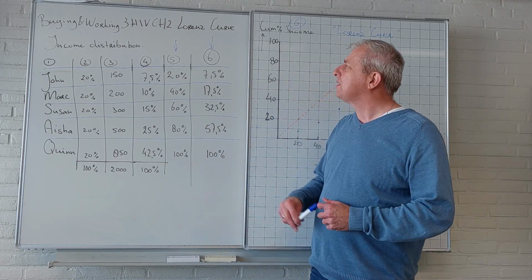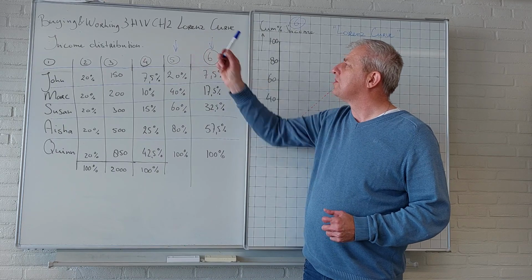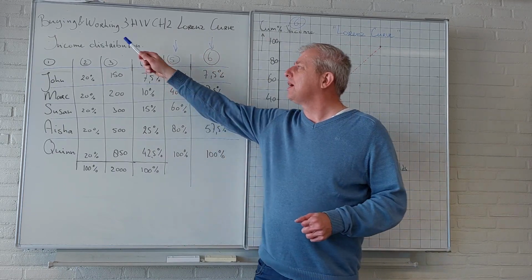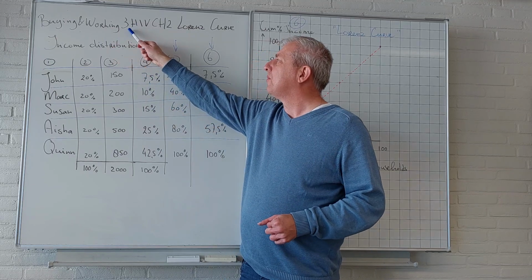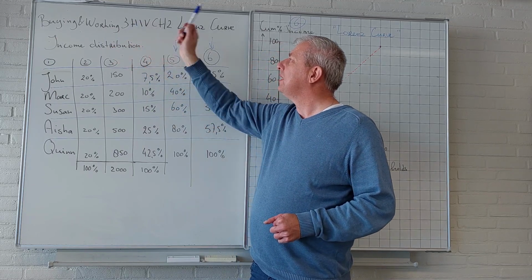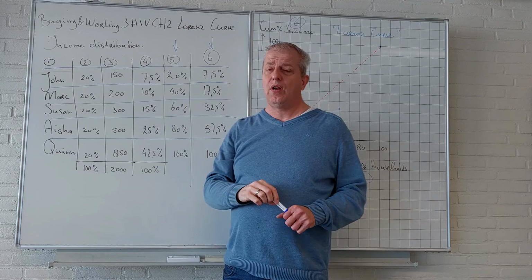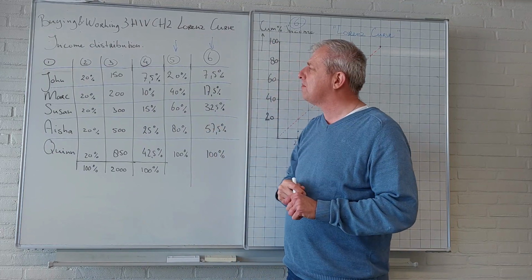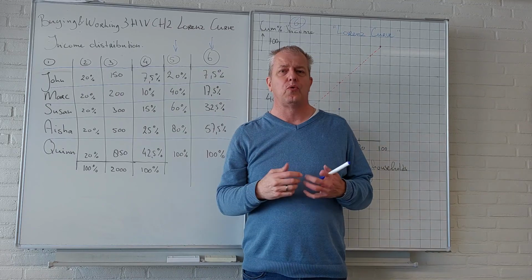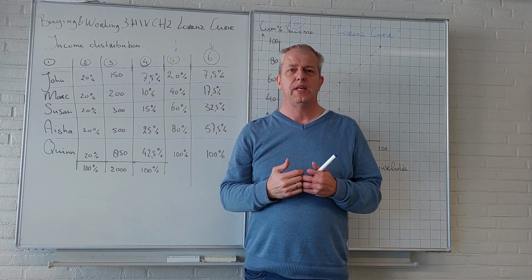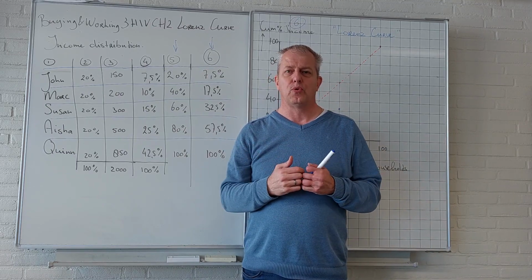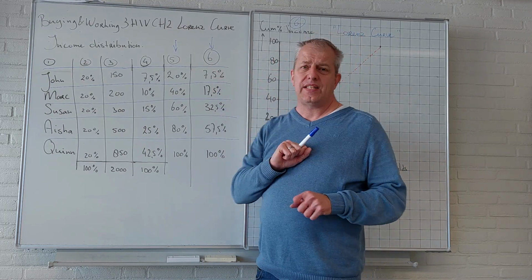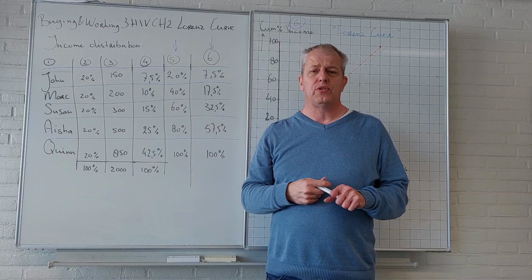In this video I'd like to explain the Lorenz curve to you, which is dealt with in the book Buying and Working for 3 HAVO VWO in chapter 2. The Lorenz curve is a visualization of the income distribution in a certain group, mostly a country, but foremost a group. So, I will guide you through the 6 steps that you have to take in order to be able to